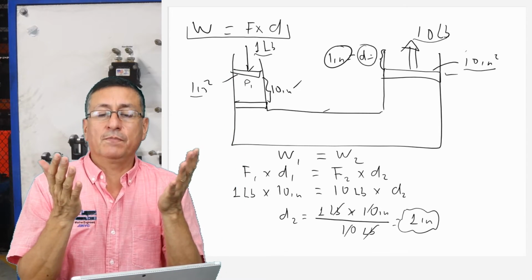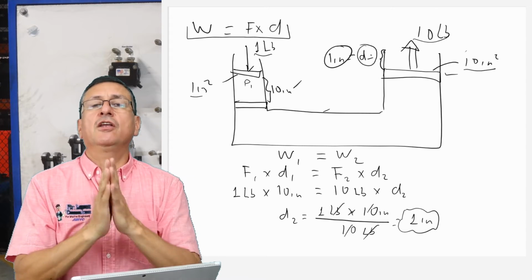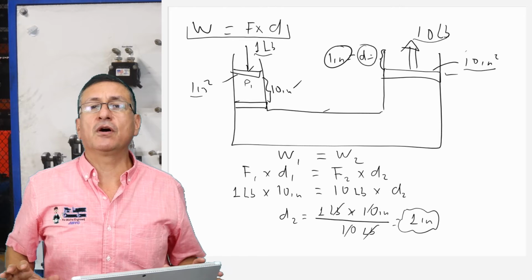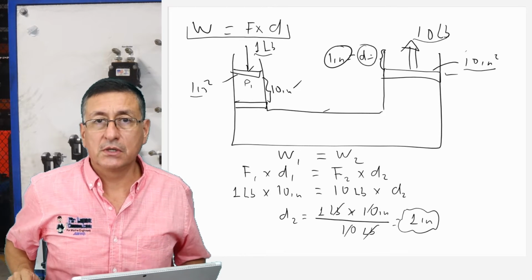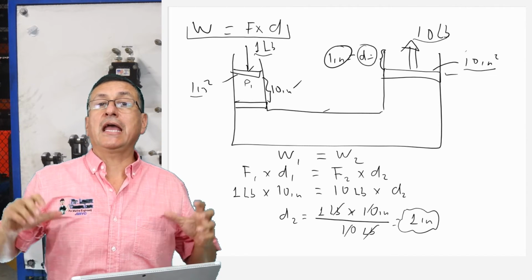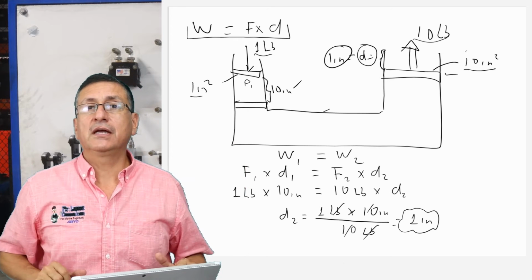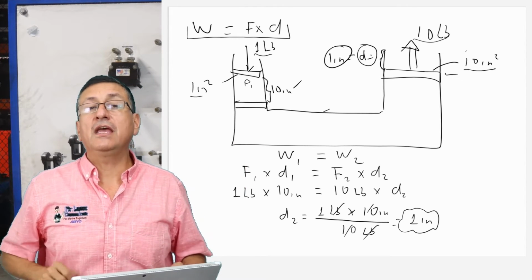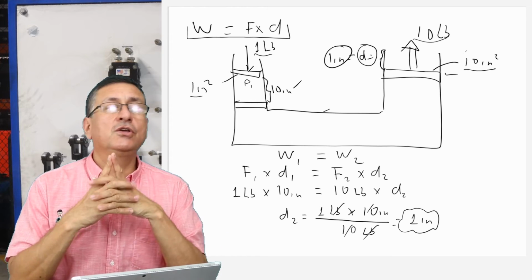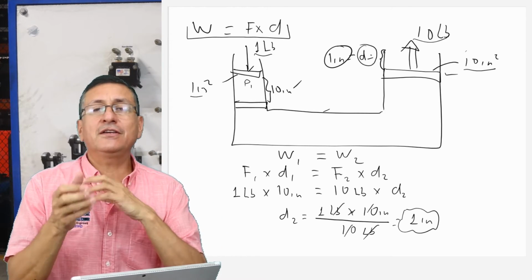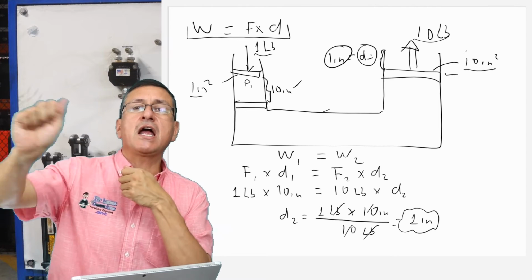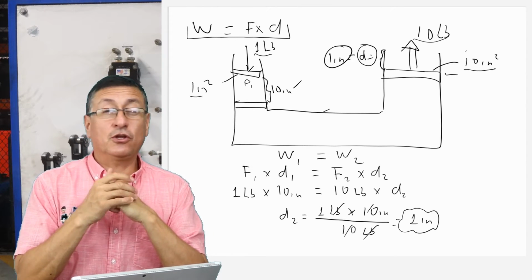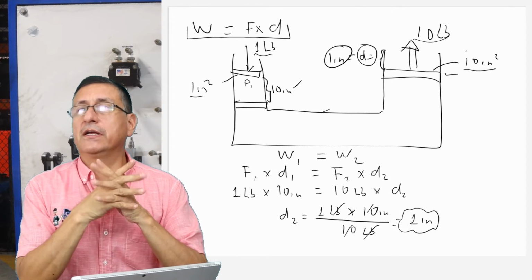This is the situation. We are going to refresh. In order to calculate the output force, we are going to use the concept of constant pressure. In order to calculate the output distance, we are going to use the concept of constant work. If you have those concepts clear, you can calculate in the future the distance of the ram and the pressure in the output, in order to calculate the torque. This is very, very important, my friends.